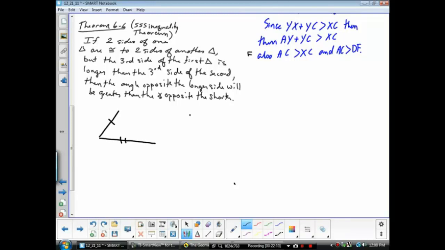But we have to make it so that the third side of one triangle is obviously shorter than the third side. So let's put these two sides closer together then. This third side will be longer than that third side. So we have triangle ABC and triangle DEF. Our given information is